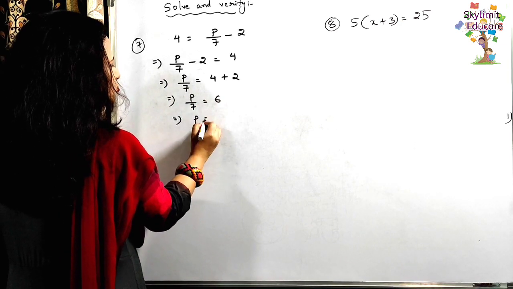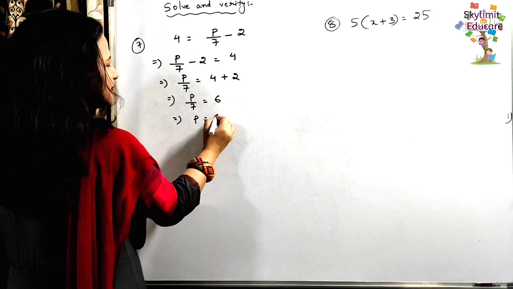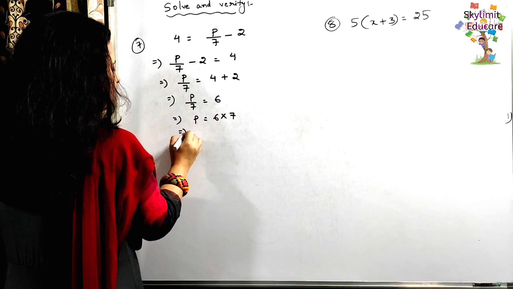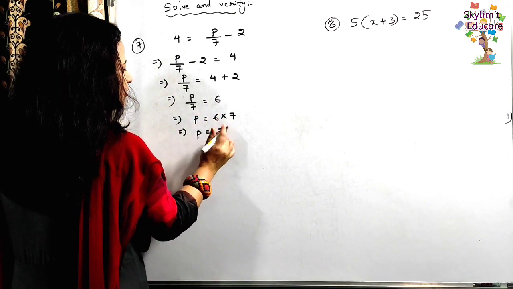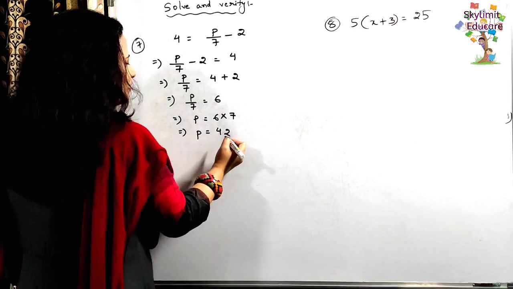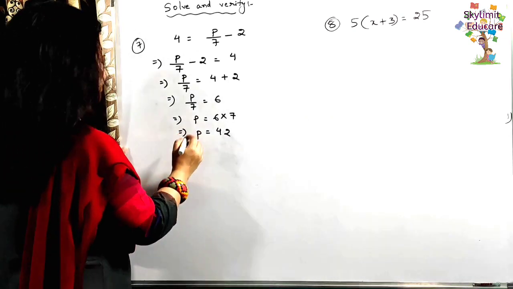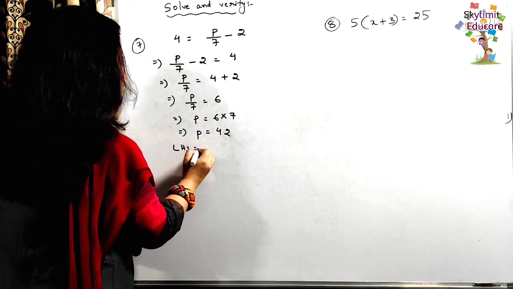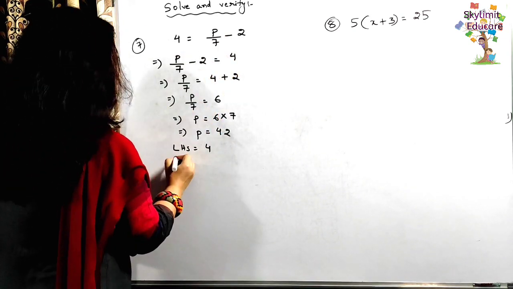So p will be equal to, say 7 is divided here, so 7 will be multiplied here, right? So we have p equals to 42, right? We have p equals to 42, right? Now let's verify it. LHS is equal to 4 in the main equation. RHS